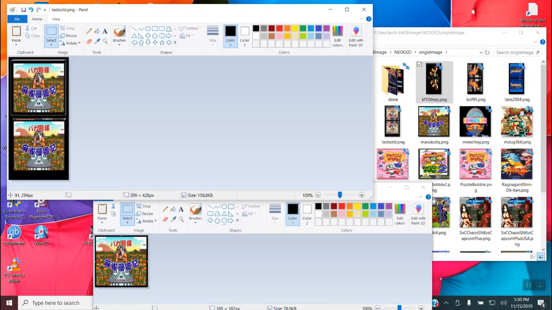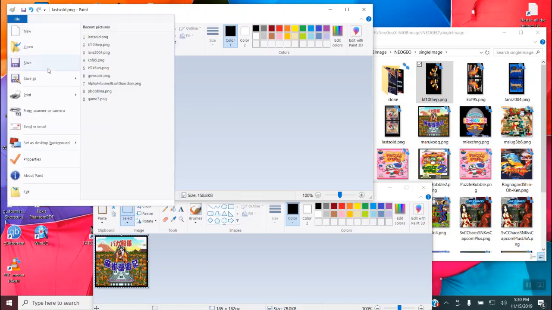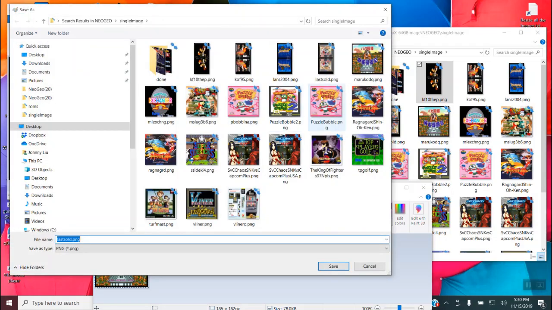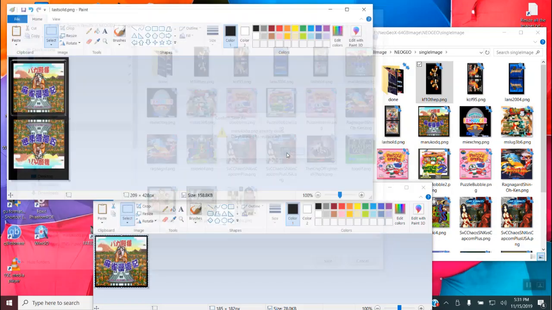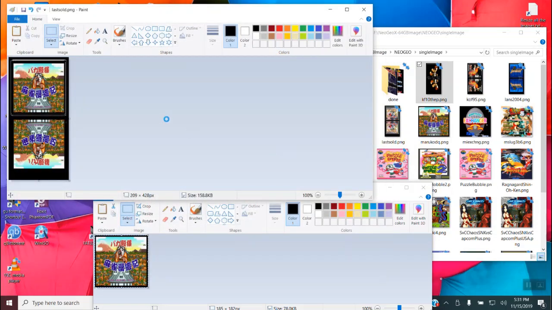And then paste this one. And flip it. There you go. It's done. File, save as. Okay, so I'm gonna go ahead and finish all this, and then I'm gonna zip it up and